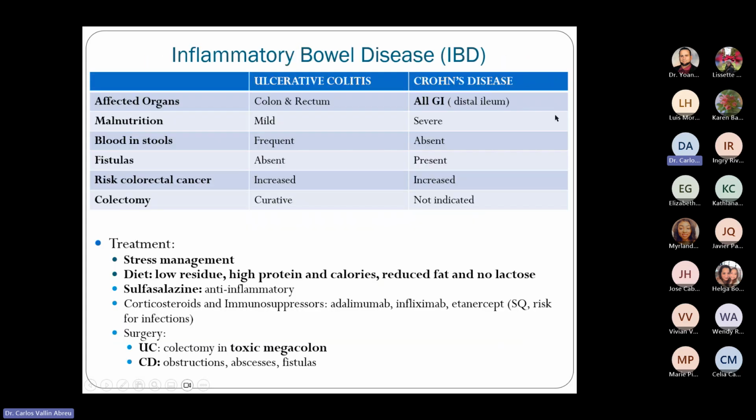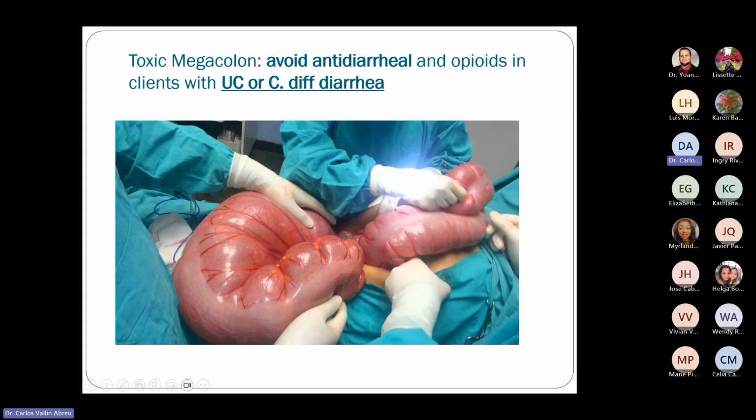Never or not usual in Crohn's disease have blood. In ulcerative colitis, there is a complication that occurs when the client is taking antidiarrheal medication that is contraindicated, or opioids. They can develop something called toxic megacolon that requires a total colectomy. When the total colectomy is done, then the disease is cured, because if you don't have a colon, then you cannot